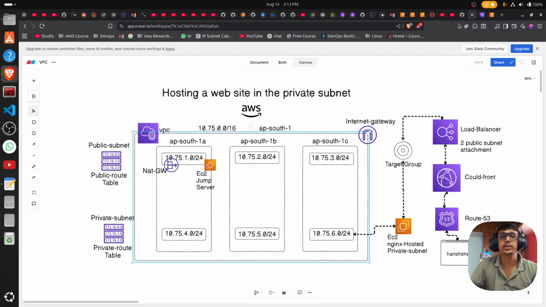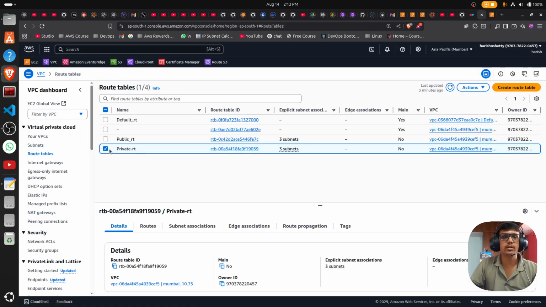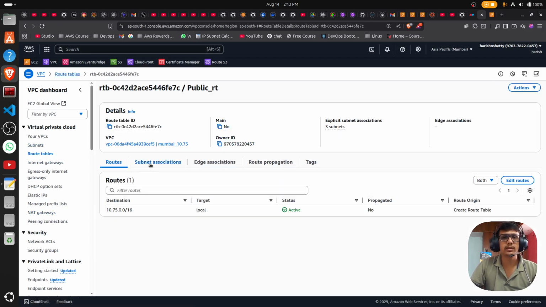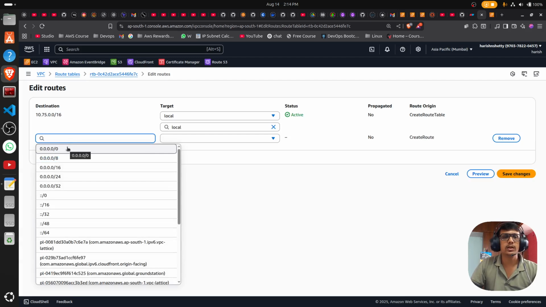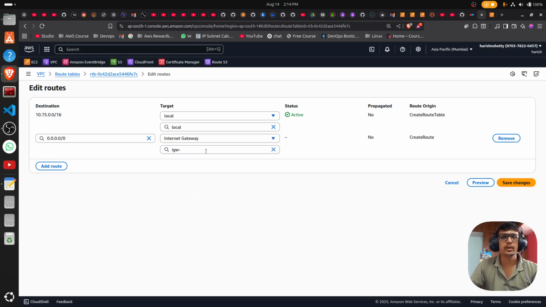Sorry, private subnet. Now I'm going back to the route table here. Go to your public subnet. For internet access, click on the routes, edit routes, click on this and select the internet gateway and select it, save changes,